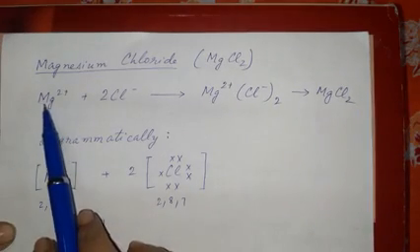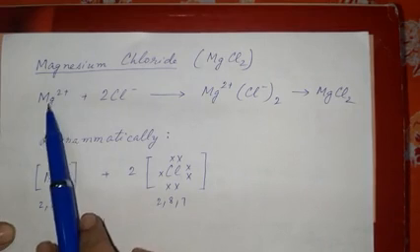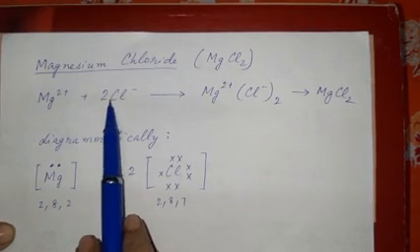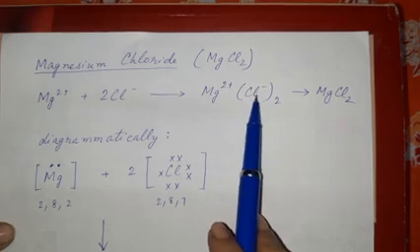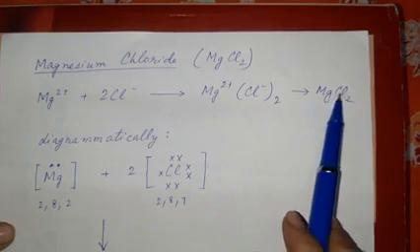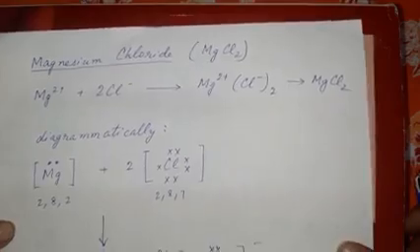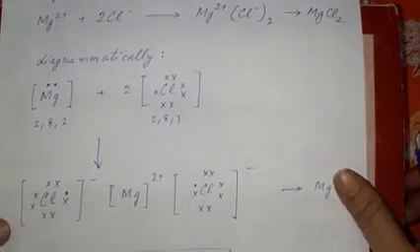Now MgCl2 is formed by the magnesium ion Mg2+ plus 2 chloride ions, and it gives Mg2+ Cl- whole twice, that is MgCl2. Now if we show it as an electron dot structure, it forms,